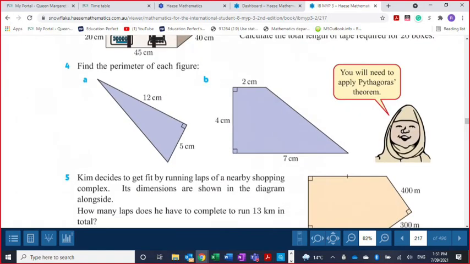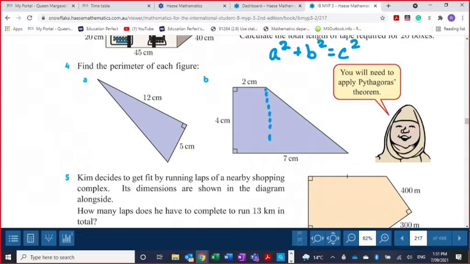Now, when you get here and you have some different formulas and you're finding the perimeter of them, we need to find the length of this side in order to be able to do that. So the length of a triangle. They're giving you a little hint that you're going to need to apply Pythagoras' Theorem. And you may or may not remember that. Pythagoras' Theorem says that a squared plus b squared equals c squared. I don't think we've done that in this class, but if you've done it in the past,